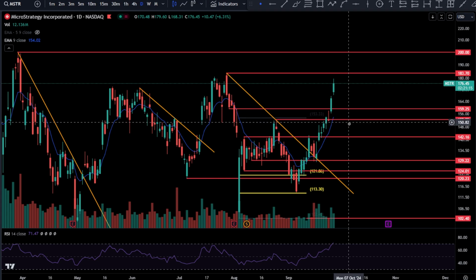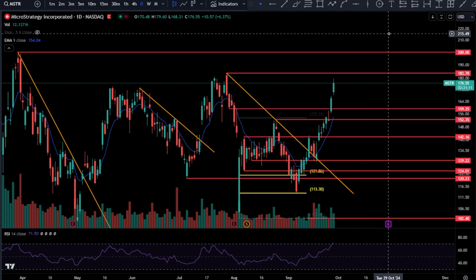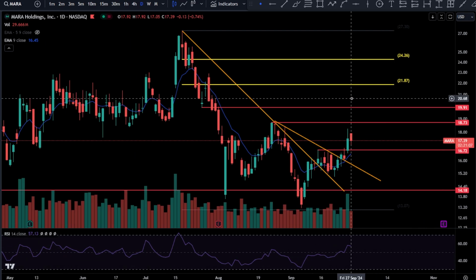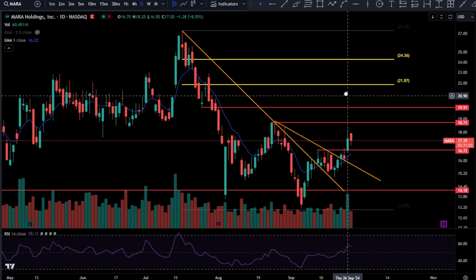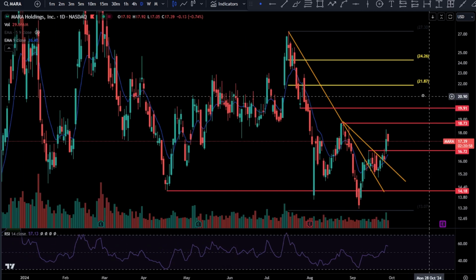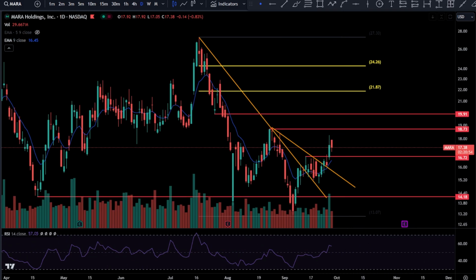All right, it's ridiculous. That would literally be your break and retest, and then you're probably going to catch that move right there, 30% gain. Boom. Mara, how we looking, guys? And guys, it's beautiful. NQ is flushing. I hope we take out these lows. I do. Mara, same thing, all right? I think this is something that we should be watching. It's not my favorite pick right now, but it's not looking too bad here. It's probably coming up here to 19.91.